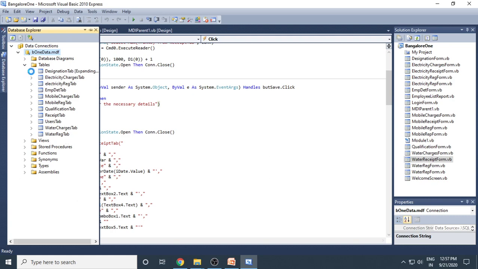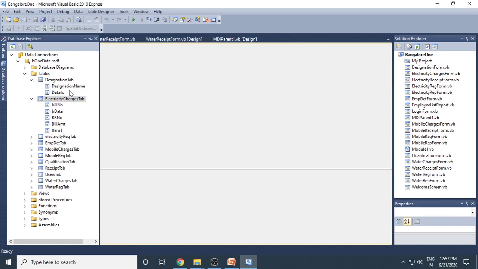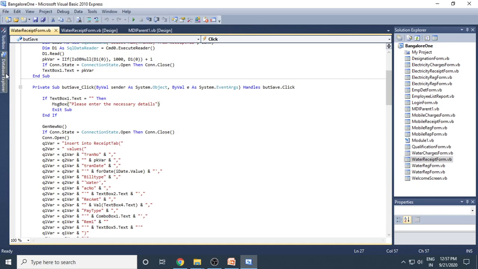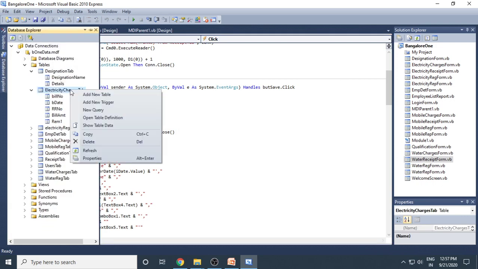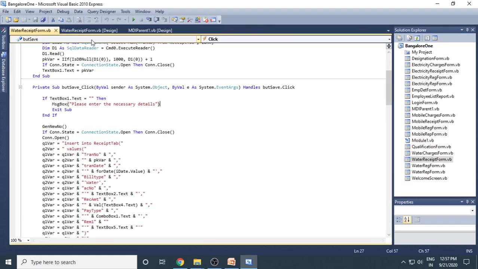If you want to see the columns, expand this and you can see the columns you are using. If you double click, we can see the table structure. To view the data, right click on the table and go to show table data. It will show the data that is already entered. Alright, now I'll demonstrate the project for you.